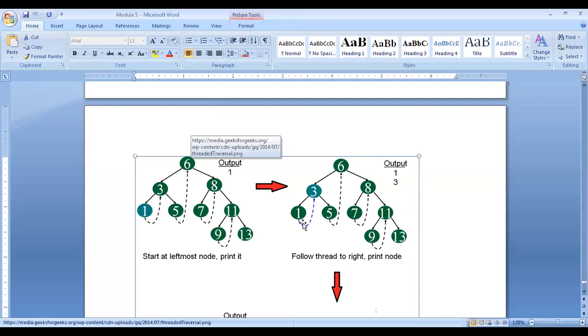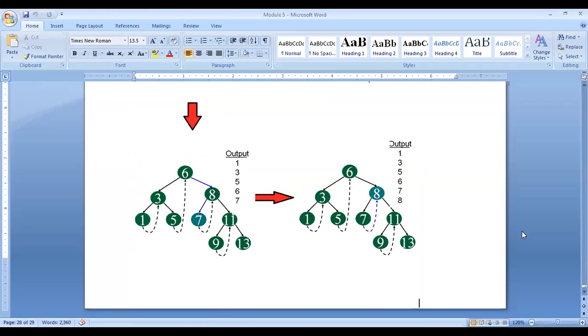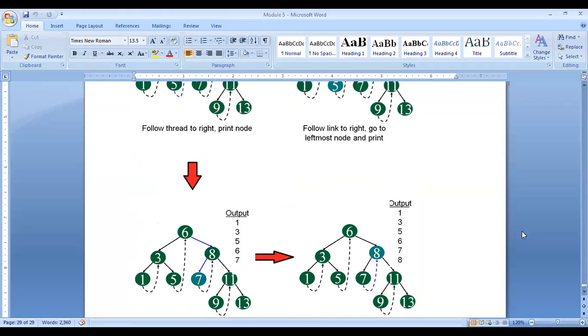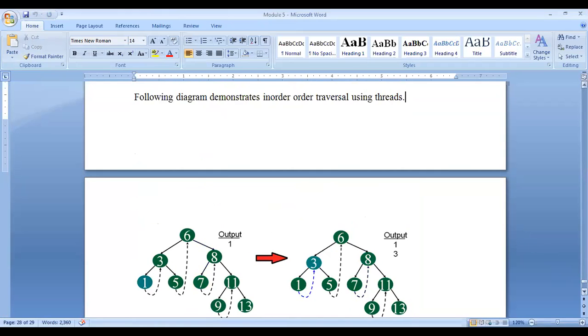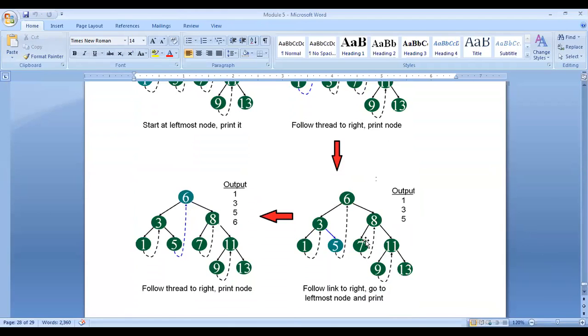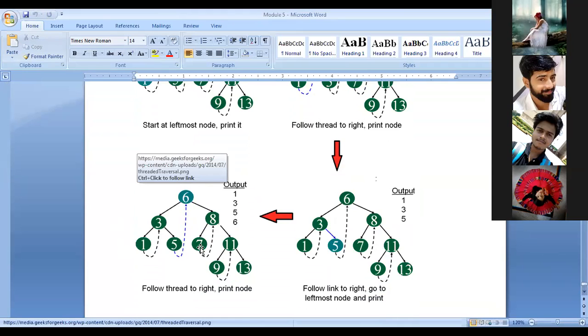It is showing we have to go through the right, so it travels to the right. We are printing, because here we are not using any recursion, correct? It makes the traversal very easy. 3 we printed. And then coming down, 5 we are printing and it has another link where to go. 6 is getting printed and I have to come to